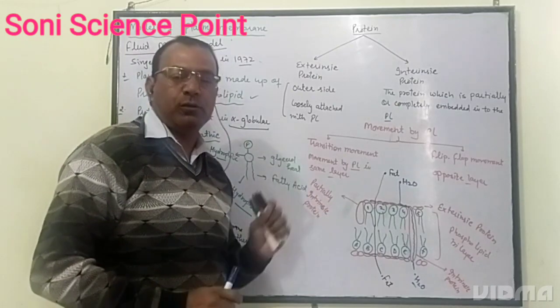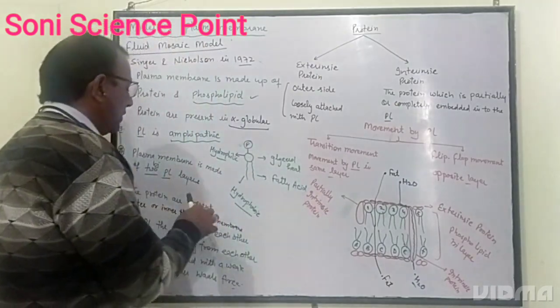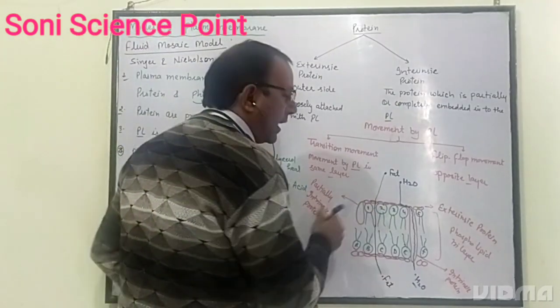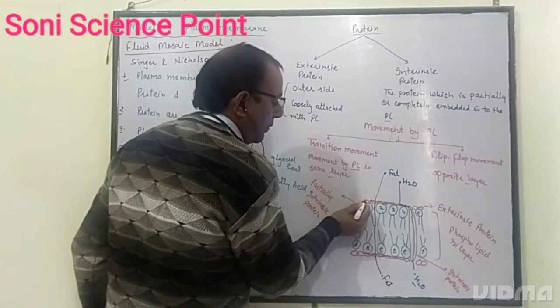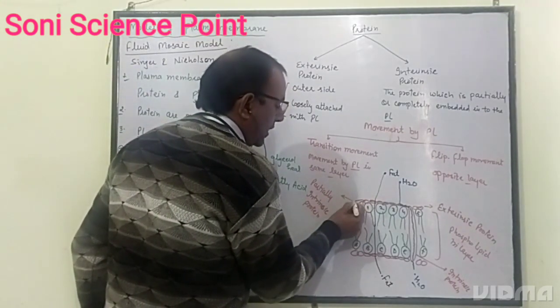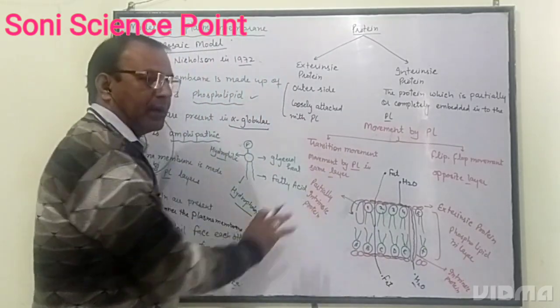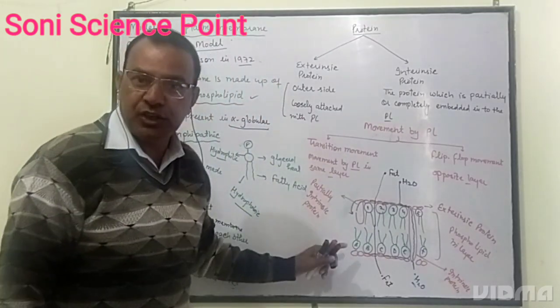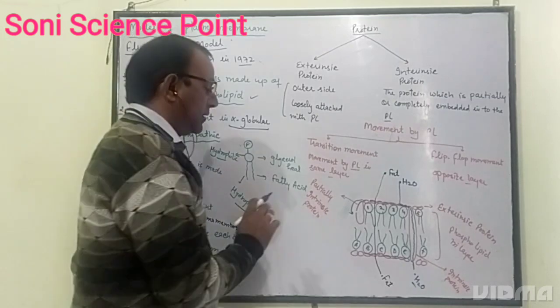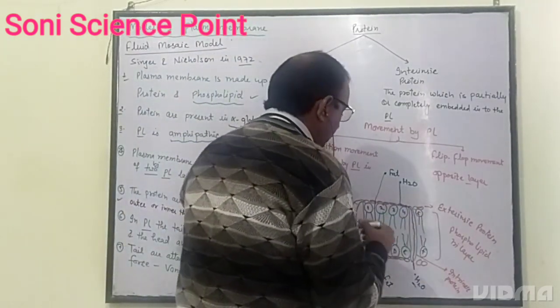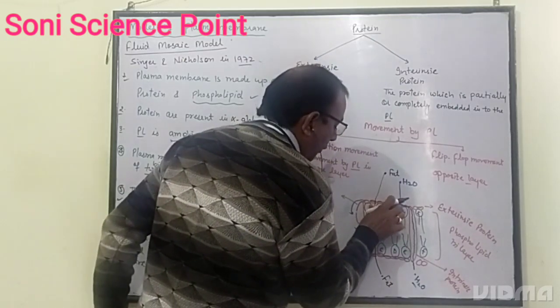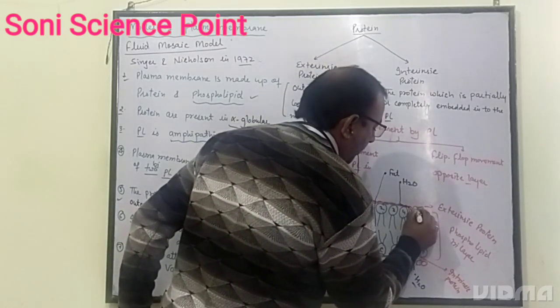As Singer and Nicolson showed, the proteins are loosely packed with the heads of the phospholipid. So if any substance is to be taken from here to another place, the protein may take it from here. The protein passes it out. So movement can be seen in the proteins. Clear. Second one, in transition movement, suppose